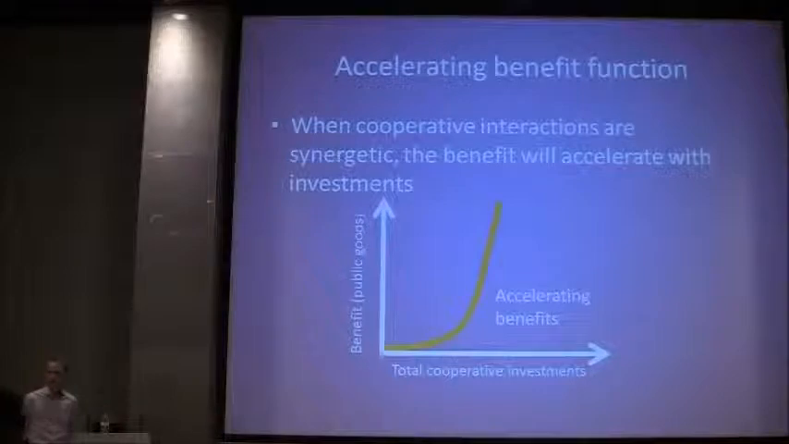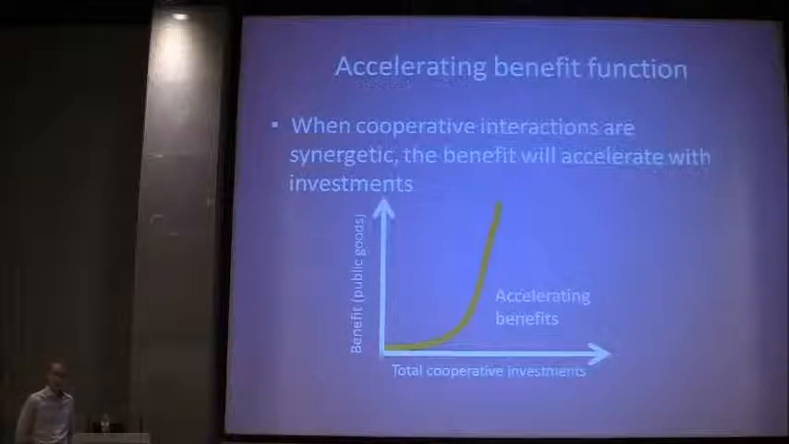Synergy, on the other hand, would give an accelerating curve, like this. So initially you get very little from the cooperative investment, but after a while, the effects start to kick in, and you really see an increase in the benefit for the group. So the benefit is somehow more than the sum of its parts. So this would be a way to model